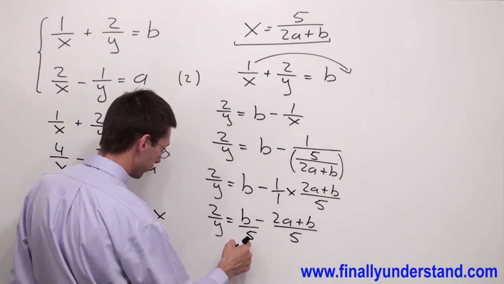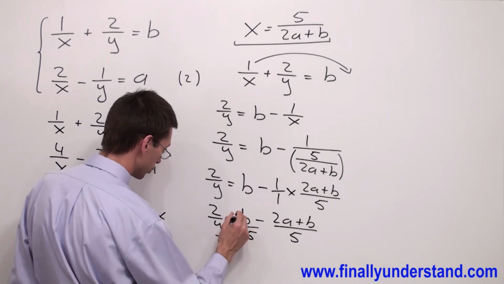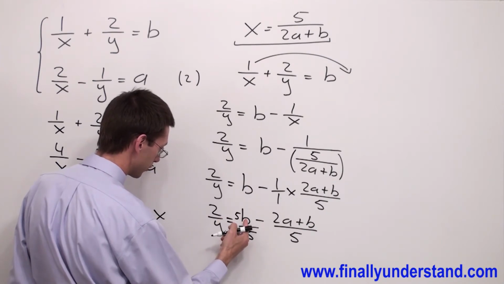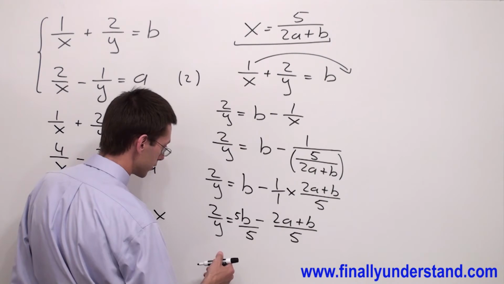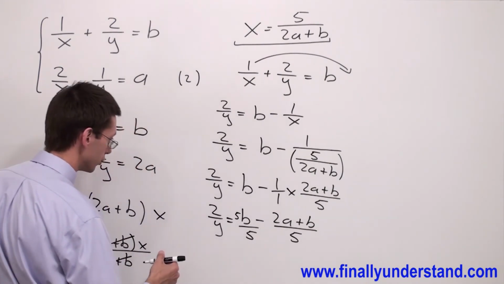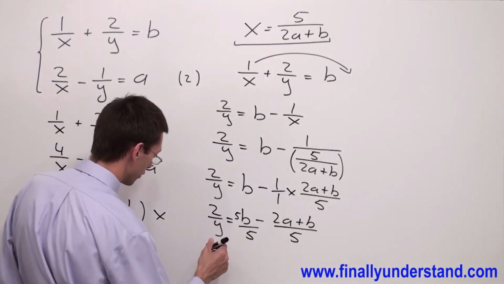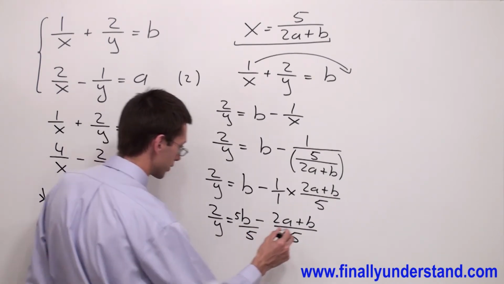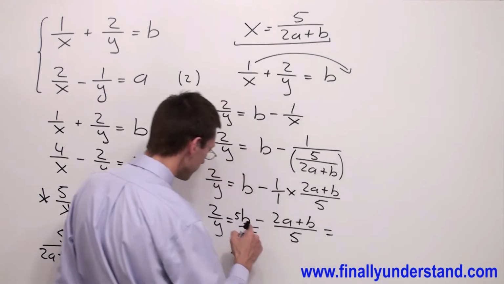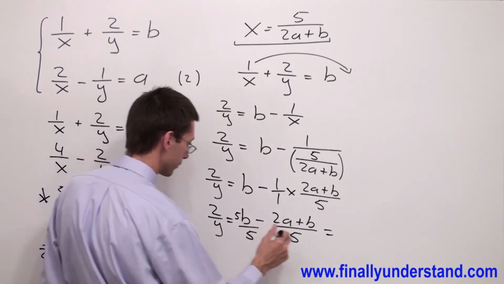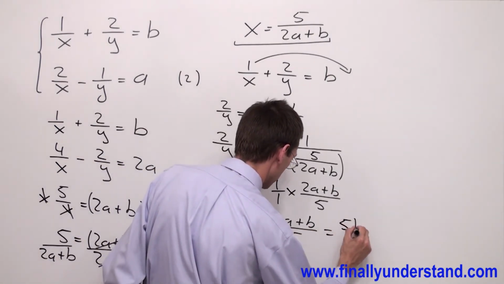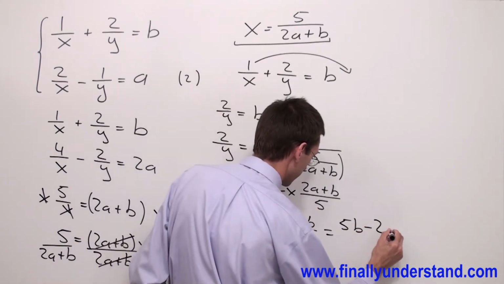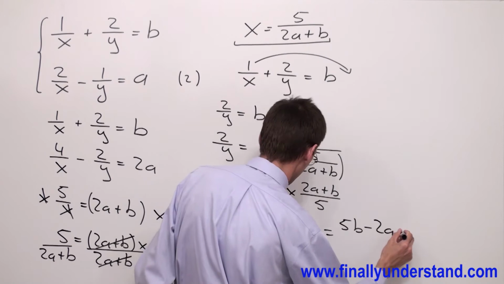And if you wrote 5 in the denominator, you have to also write 5 in the numerator, because 5 divided by 5 is equal to 1, and you are going to end up with b. Okay, so this is the proper way to write this fraction, and now simply perform the subtraction. So I can say this is equal to 5b minus 2a minus